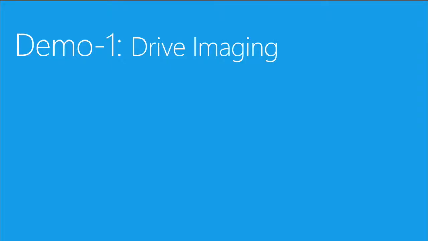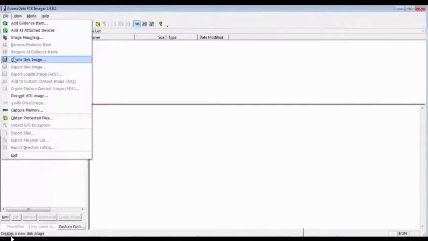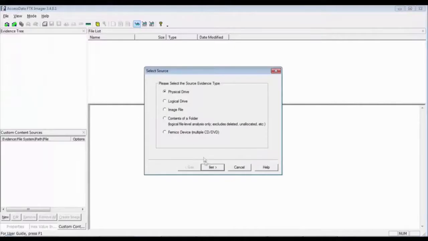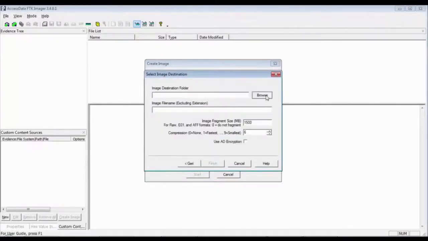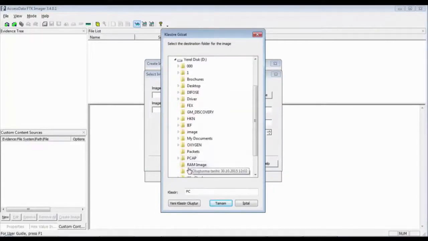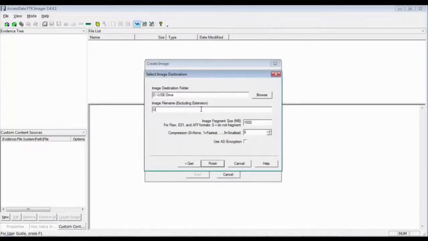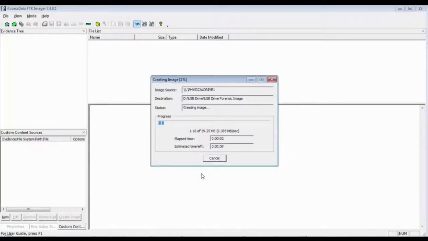Here, I'm going to image a hard drive. For that, remember in the first session when I had Hasain, I showed you our disk imaging tools. I'm going to plug one in, and I'm going to show you quickly how we can do that. For that, I'm switching to my demo machine. All right, here you will see that I'm just going to my software, selecting my image disk. I'm selecting the image location, and you can just select the hard drive that you want to image. In this case, the USB to make it faster, and I name it USB drive forensic image, active finish. It will take some time, and I will be able to get a quick image of